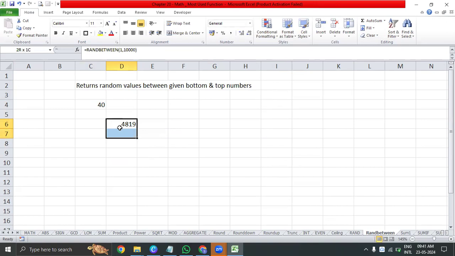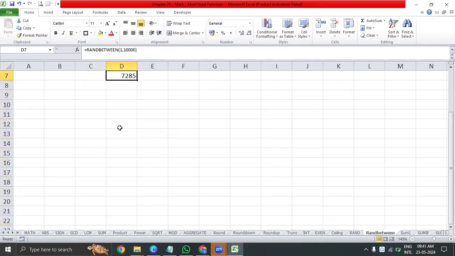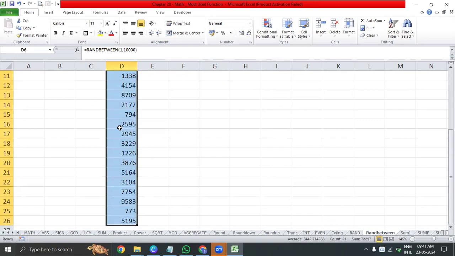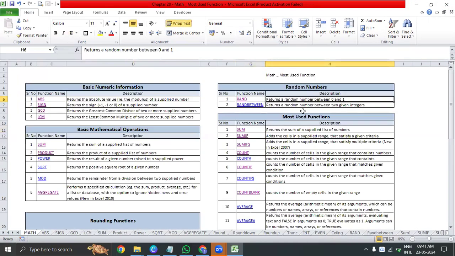I'll close it. Any number, whatever you are going to get, that is rand between. And the rest of the functions are the common ones, like sum if, count a, count